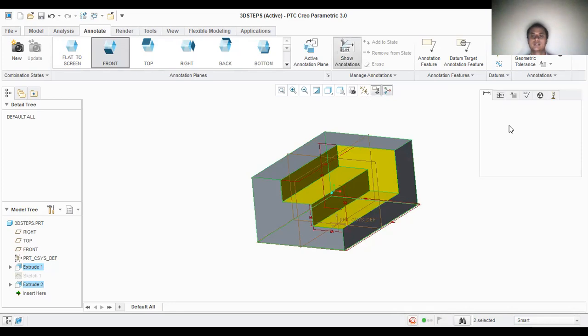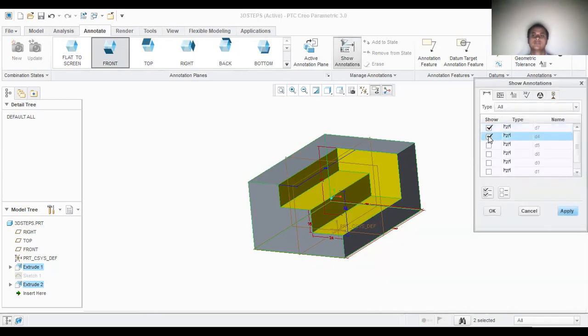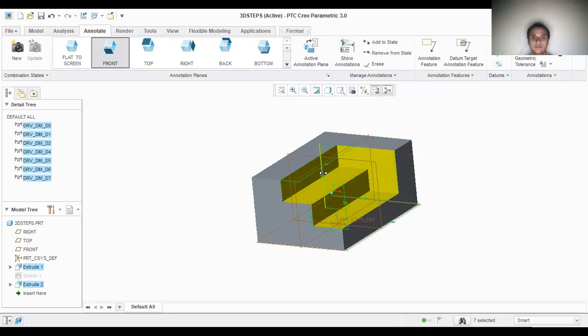So these are the ones. If I click this one, that will be highlighted. If I click this one, this will be highlighted. If I want to highlight all of them, I'll click select all and click OK. So that everything is done. If I want to move this one, I can move it. So this distance is 48, and this distance is 32, and this distance is 16, and this distance is 24.